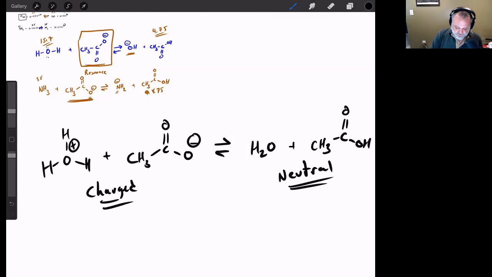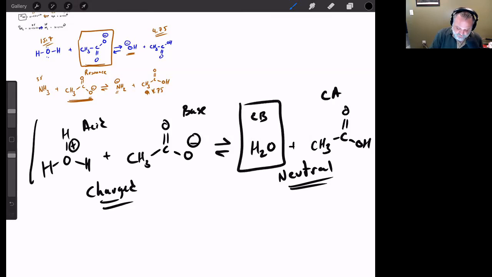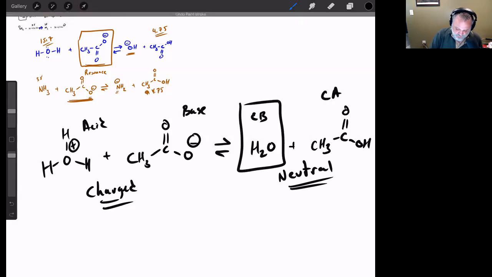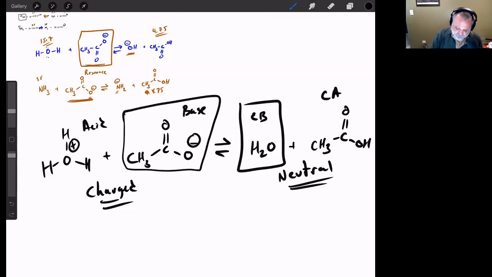So if I say, here's the acid, here's the base, here's the conjugate base, and here's the conjugate acid, I can't compare the relative stabilities of the two conjugate bases because one of them is charged and one of them isn't. But again, if I go back to the pKa's, negative 1.7 versus